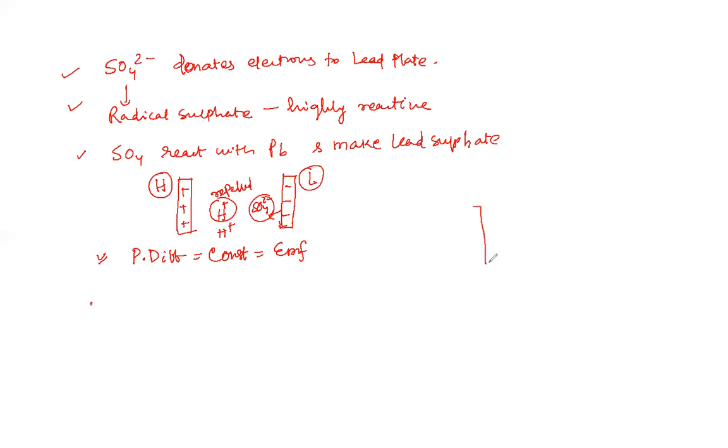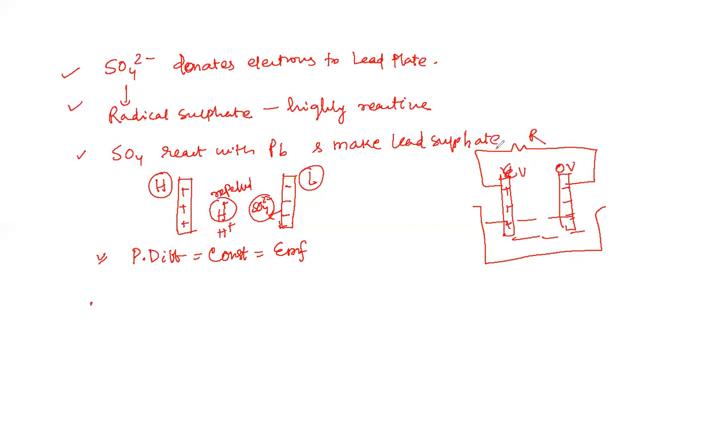I'm going to connect the whole circuit. This one was your H2SO4 and these plates were there, right? Now after this point, if the whole circuit is connected to an external resistance, now this is 0 volt, this one is E volt or V volt, and this is resistance. Now the current will start to flow, as we already know this. As the current starts to flow, the potential again starts to decrease.